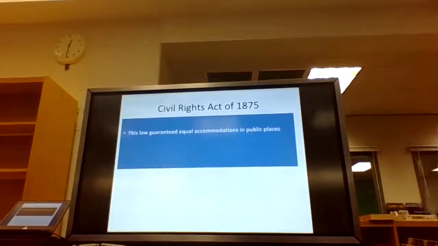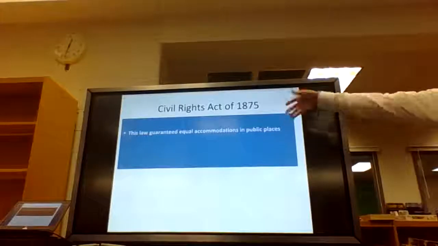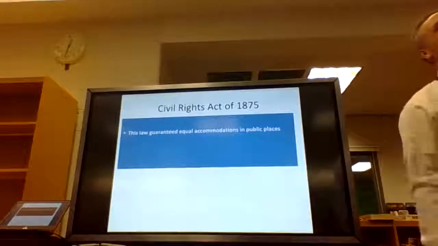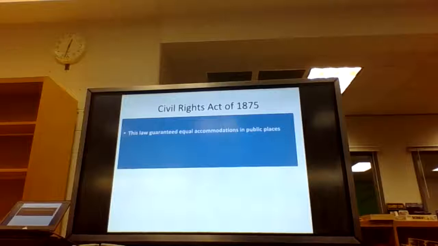Well, we have the law in 1875. Well, then what happened? Because clearly segregation continued. Segregation continued right up to and through Brown v. Board of Education, 1954. Well, what happened then? Explain to me why this law failed. You know the answer. Very good. It did not apply to private institutions.